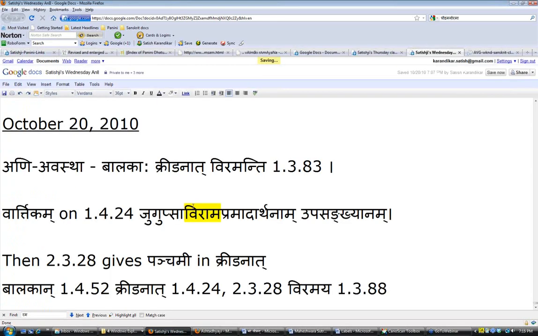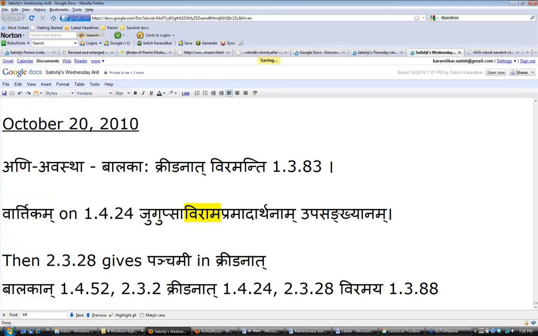So let's finish off this example finally. So Balakan, 1452. And I'll put the correct number this time, 232, I'm sorry. It's still in my mind, 238. 232, karmani dvitiya. And then the kridanat, we already did that before also. And then viramaya, because dhatu rami is formed, rami. So viramaya is the lot lakara, madhyama purushasya ekavachanam rupam. So viramaya, so 1388 because anavakarmaka chittavat kartrakat. So Karthik, why do we become ramaya?